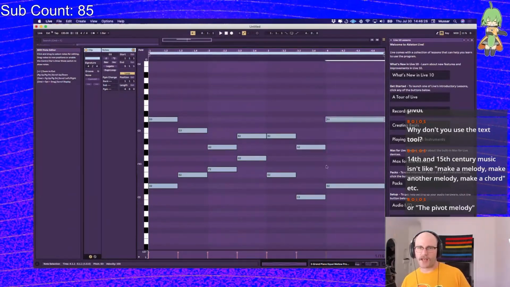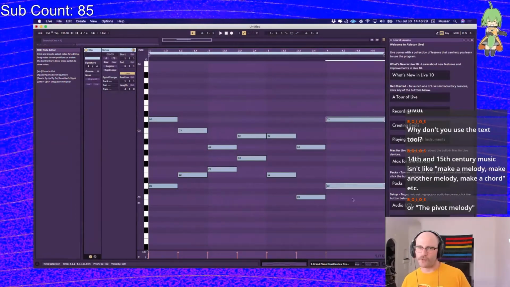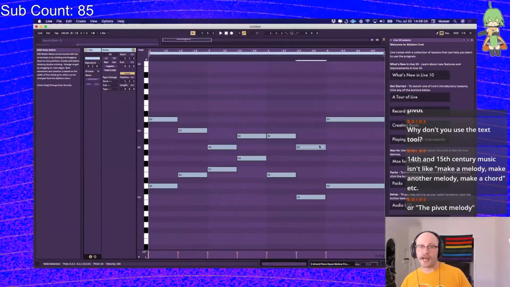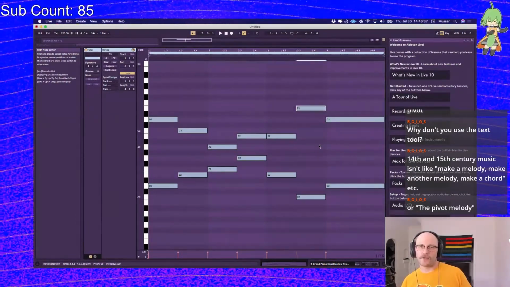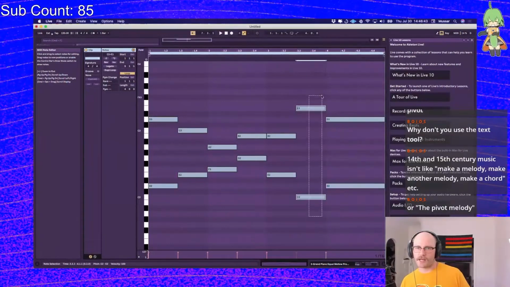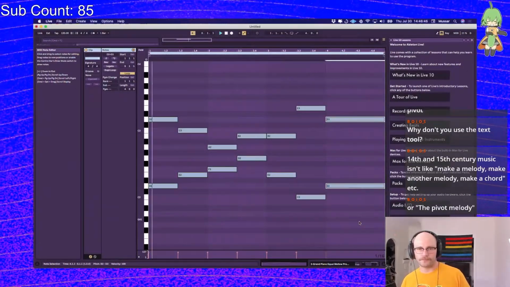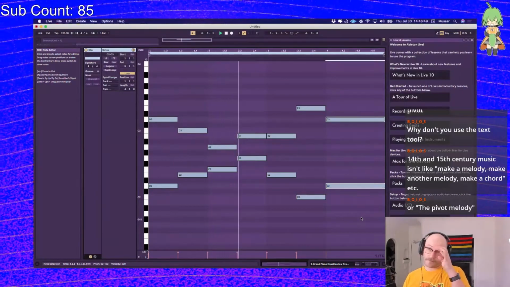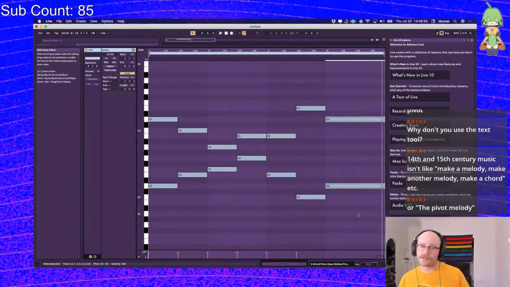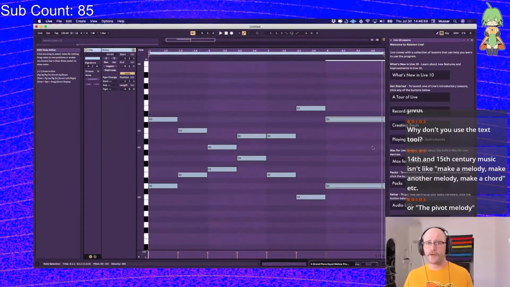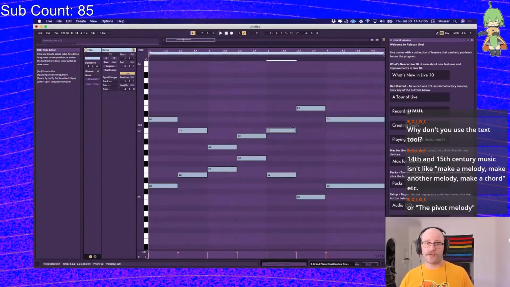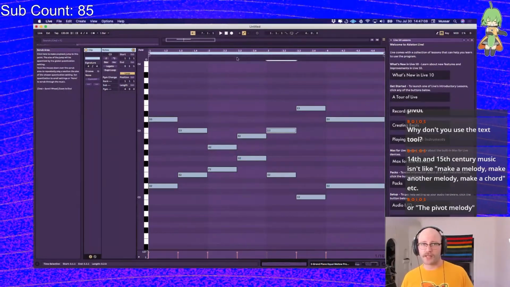Now we're doing a little bit of a leap here to end, a leap of a perfect fourth, but it's getting us back to our root. Typically you want to not leap like this, so I would say potentially avoid that. I might even do a different leap. I'll do a leap of a perfect fourth here, so that we can now step down and we get this nice contrary motion to our root. Nice. That is our cantus firmus and our counterpoint. We've followed all the rules and we got something that sounds pretty not bad. We could even go a little bit further, add a little bit more motion to this ending.